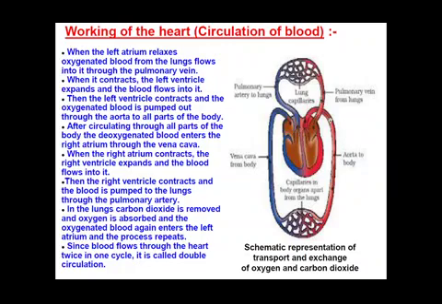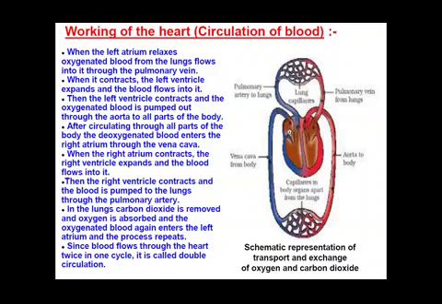Okay, you can see here this side is the red blood, that is the pure blood or oxygenated blood, and this side of the diagram is shown with the help of the blue color, that is the deoxygenated blood. Now the deoxygenated blood or the carbon dioxide rich blood moves with the help of the vena cava and enters into the right atrium. Okay, now again the same process takes place.